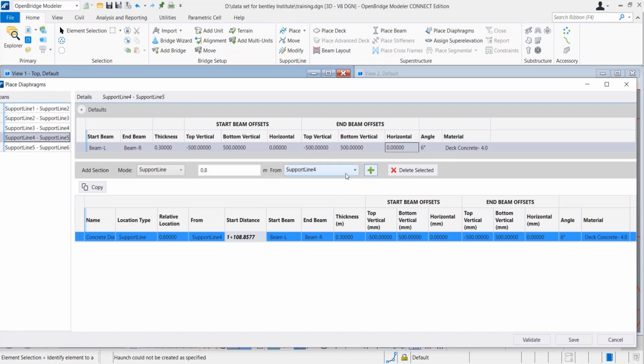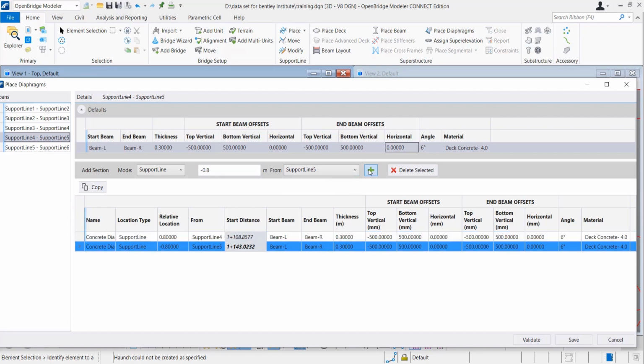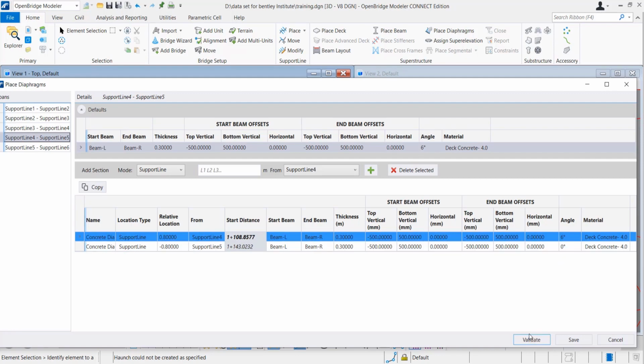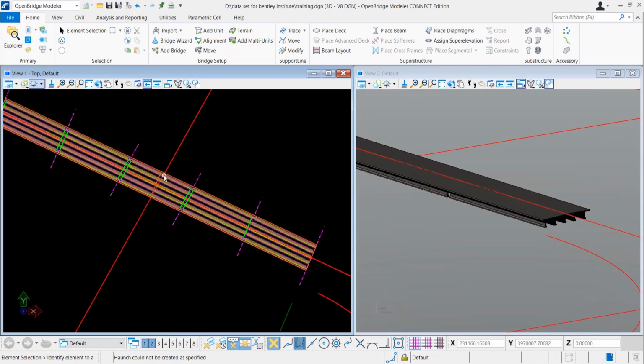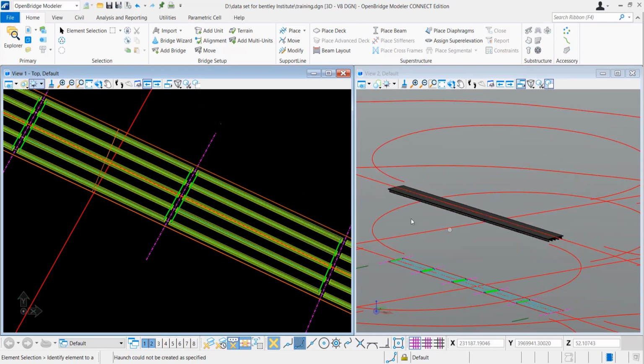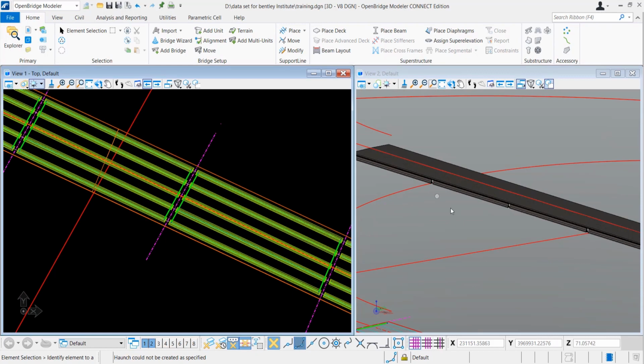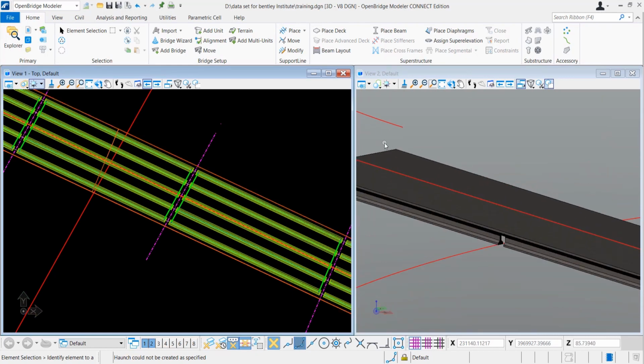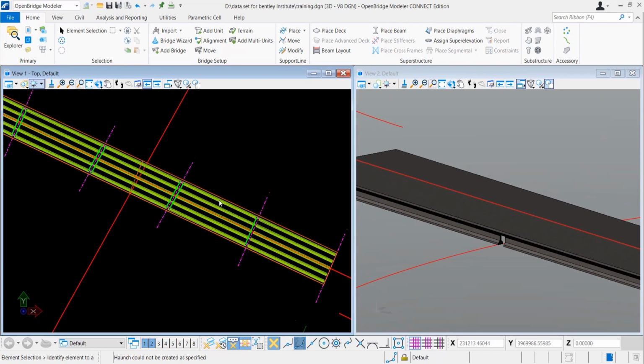Here we know that in support line 4 it is in skew, but from support line 5 it is not in skew, so we can change it here. Instead of 60 degree we change it and make it 0 degree. So you can see for span 4 also it is perfectly okay. And at the end we'll see how we can see it in 3D as well.